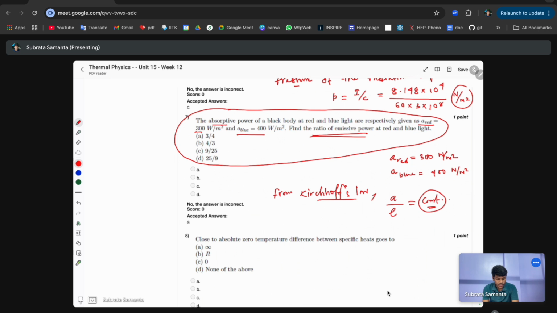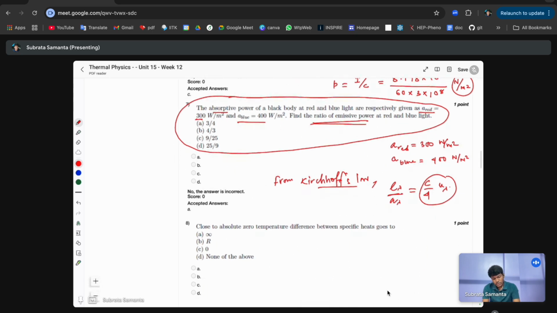Okay, so therefore the absorption rate, each proportion is related to E over A. E over A is related to C over 4. So let's say E lambda and A lambda for a wavelength lambda, C over 4 U lambda. So it depends on the energy density, the spectral energy density at this wavelength lambda, right? So therefore this E lambda over, so E blue,